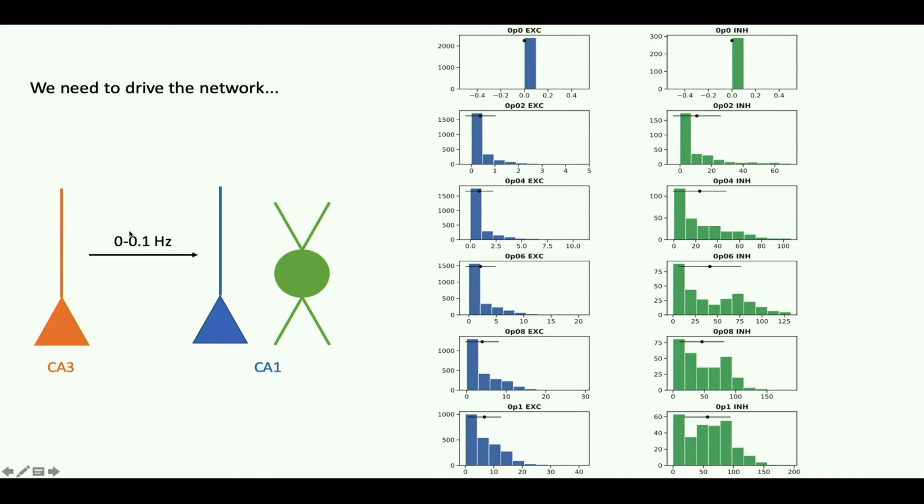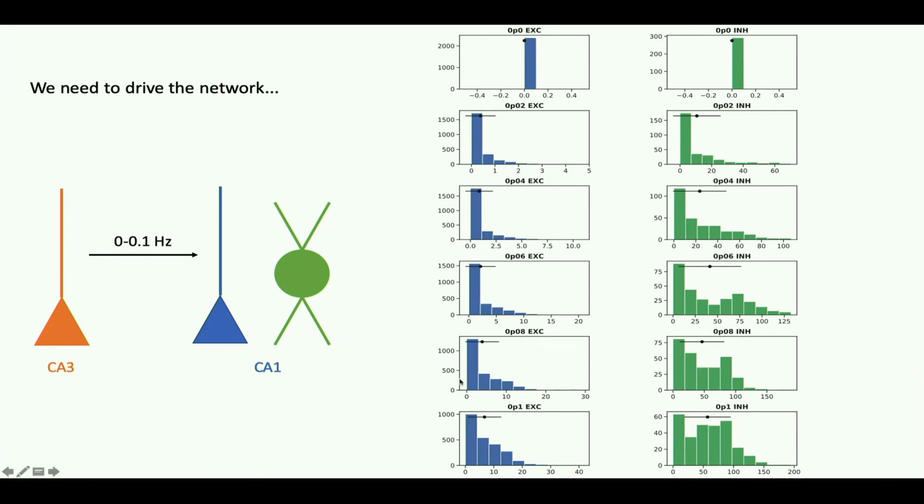The CA3 have a very heavy projection on the CA1, so they made a lot of synapses, let's say 20,000 per pyramidal cell and 1,500 per interneuron. So here I'm just scanning parameters, giving a Poisson-like input from CA3 and seeing how the network reacts. Again, the idea is to see if there are some regimes that are interesting or not, and what kind of